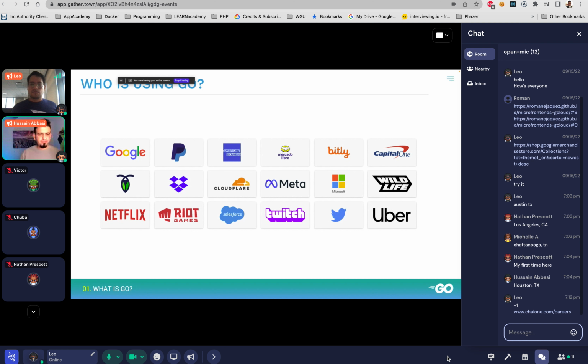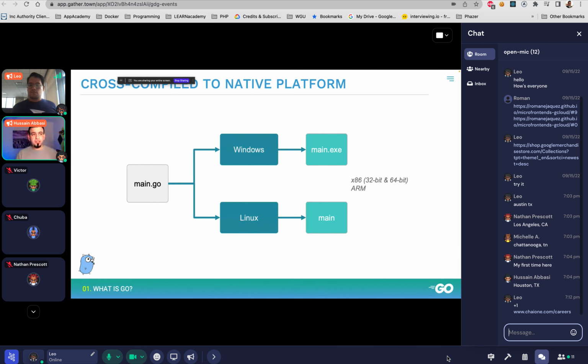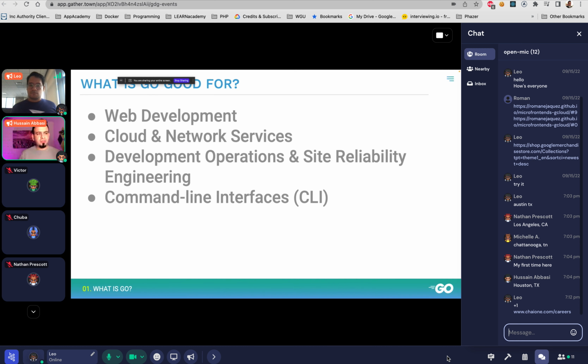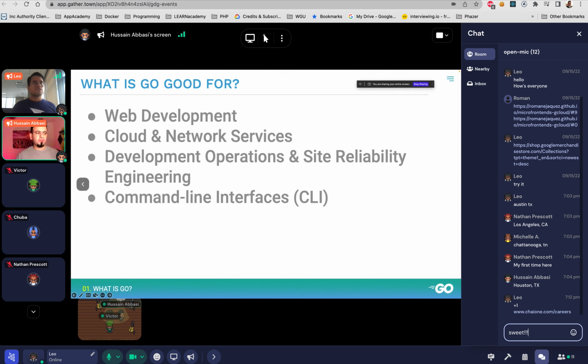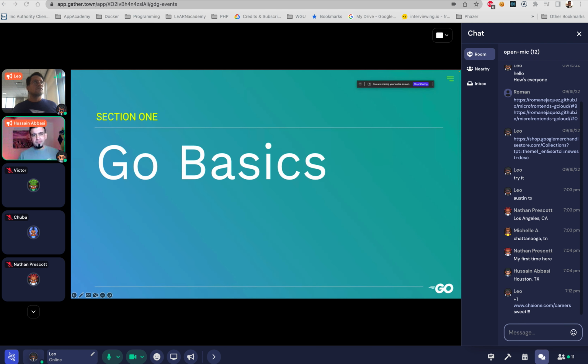And also some of the other databases are built using Go technology as well. So like I mentioned, it cross-compiles into the native platform to give you that performance. And some of the best use cases, or the most used use cases, for Go are networking, DevOps, web development, and CLI as well, right? So a lot of the DevOps side of the development world is very comfortable with Go and is heavily using Go.